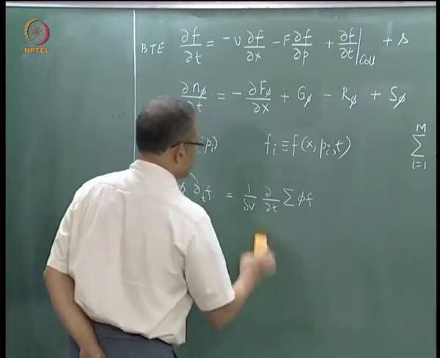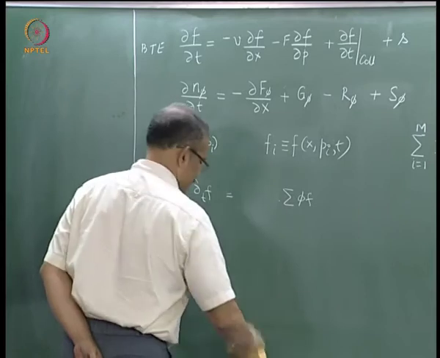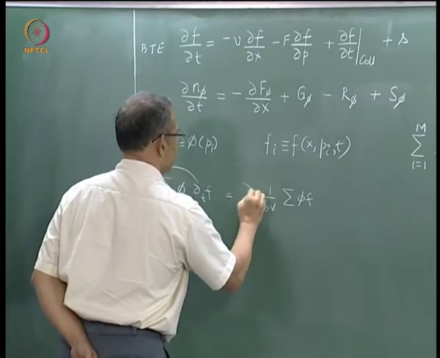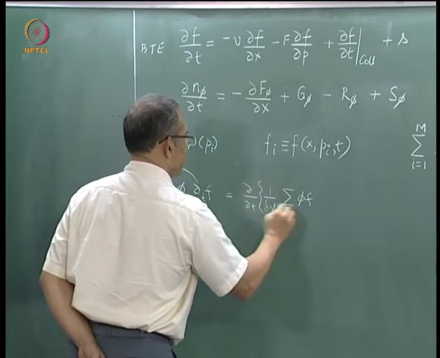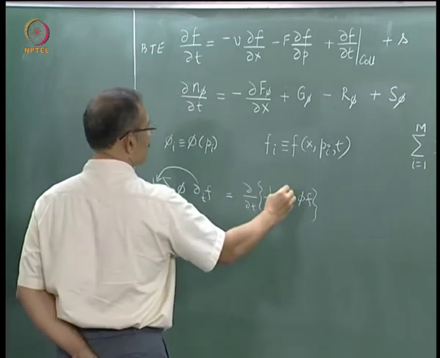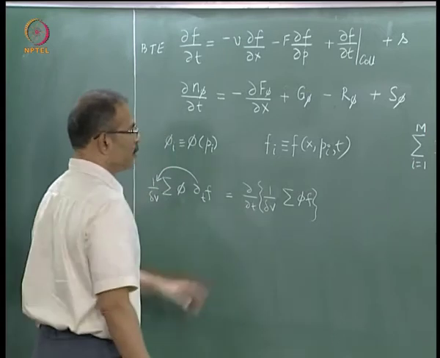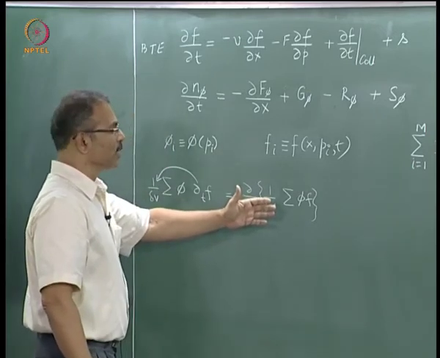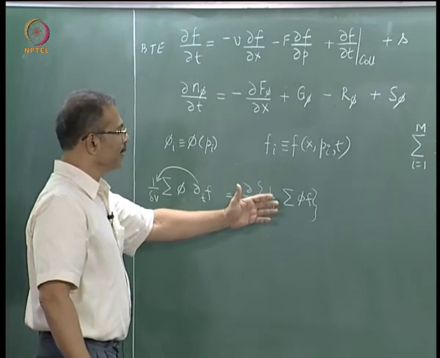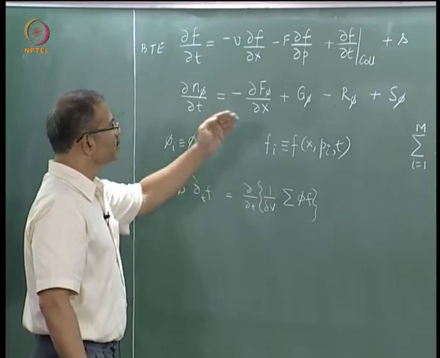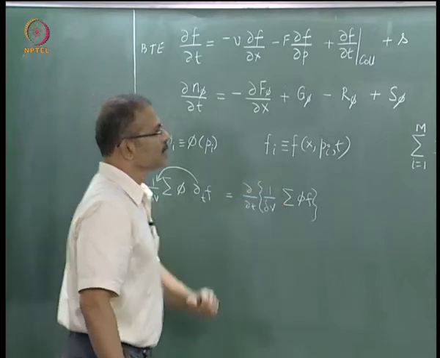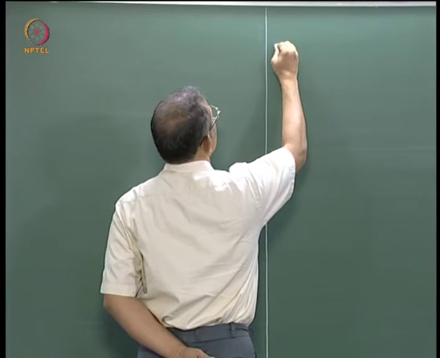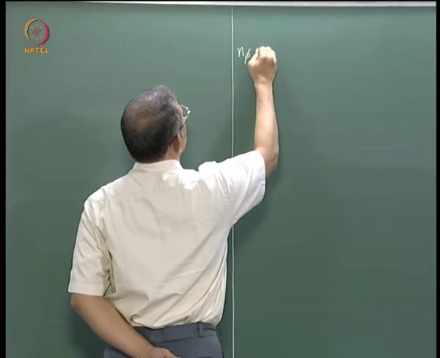Now this can actually be written as, and that is what your n phi is. Since we will use this expression later on to derive specific expressions for balance equations, we will put this here. So n phi is equal to